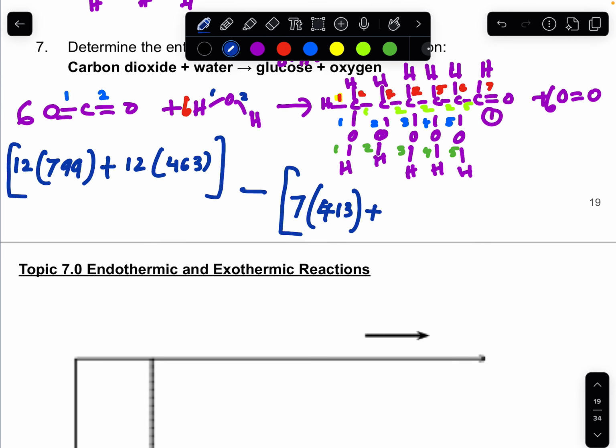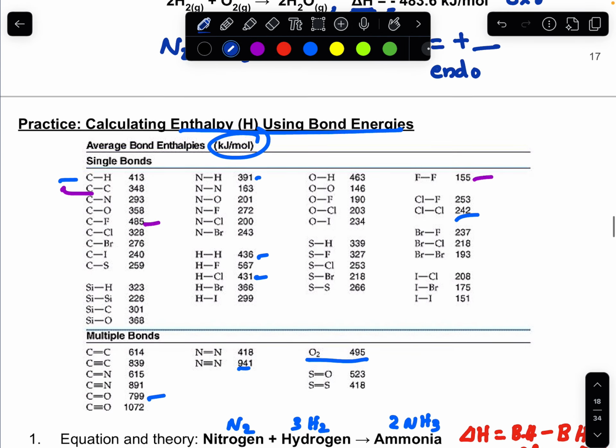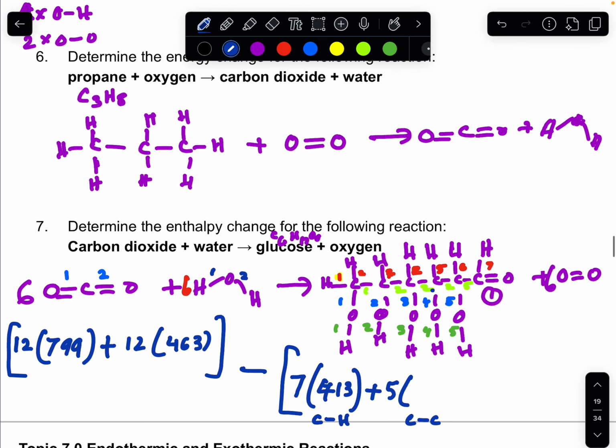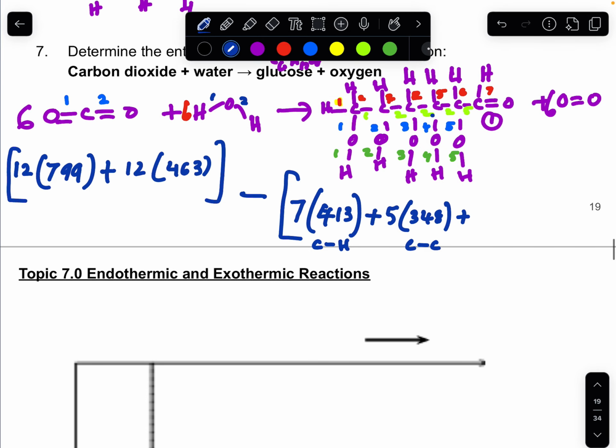How many CC there? 1, 2, 3, 4, 5. So 5 times CC, there is 300 and something like that, 348. 348 kilojoule per mole plus, then look at